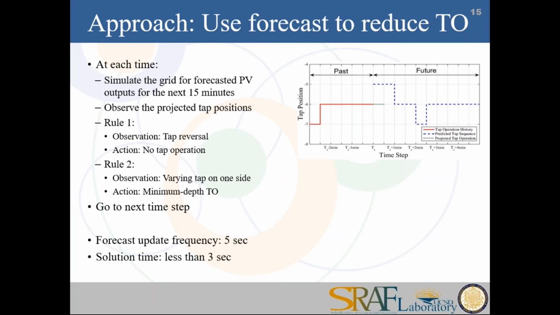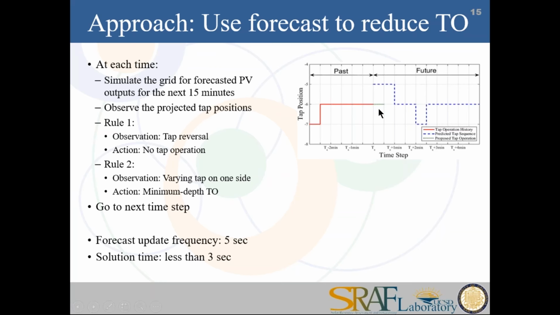Now we see the tap is jumping around here. It's going up, then down again, then up again, and we can say, well, this process is not very efficient. It's just following the solar power production up and down, but there's a delay in operating this tap, which can be up to half a minute or so, and so we're really sort of hunting this curve. It may be more efficient to actually, in this case, do nothing, because we'll just stay in the same position, because we know in 1 minute we would be back there anyway. We're avoiding an operation in this case.